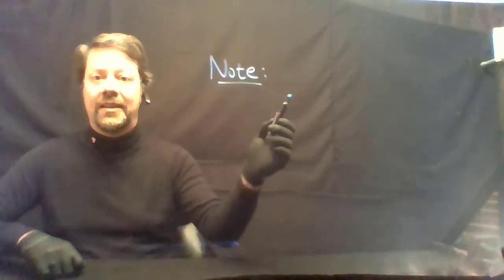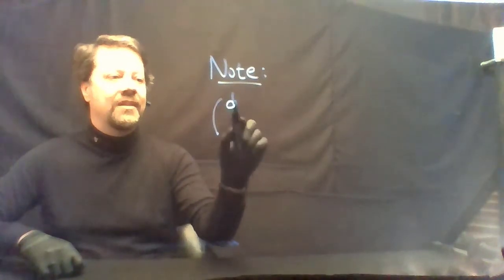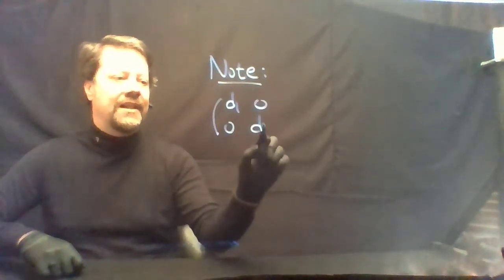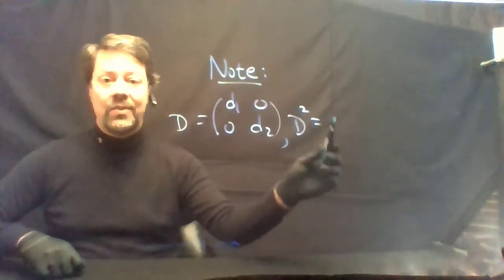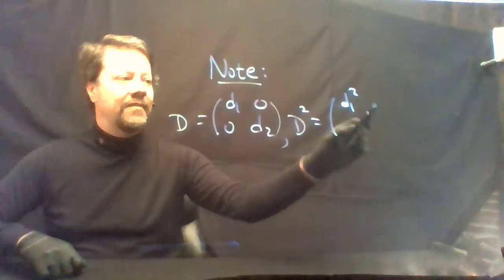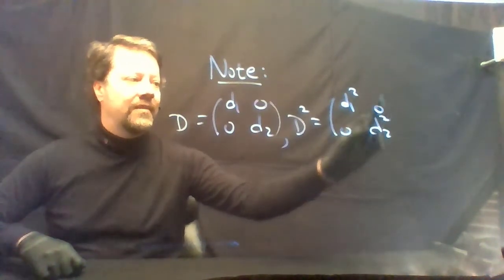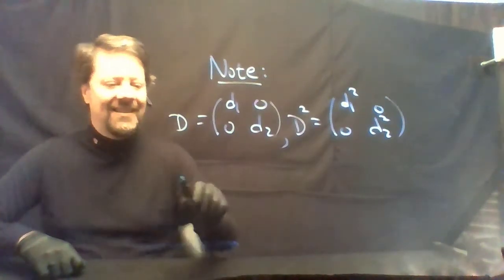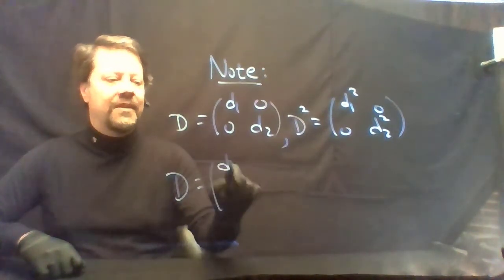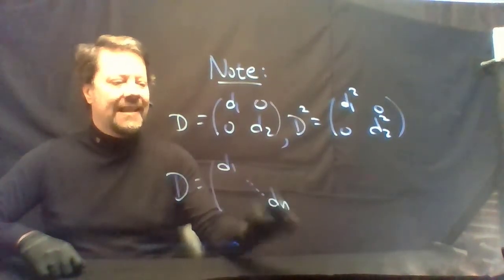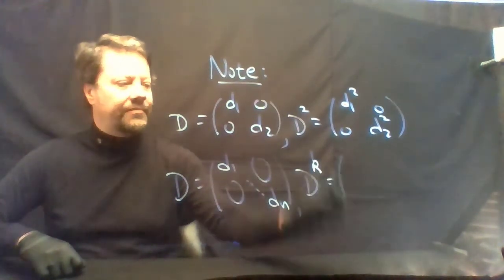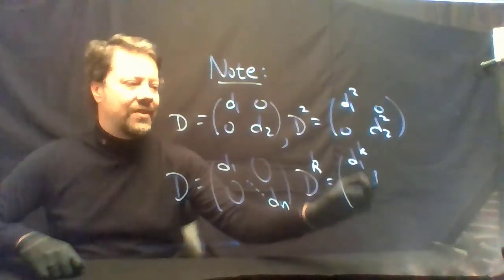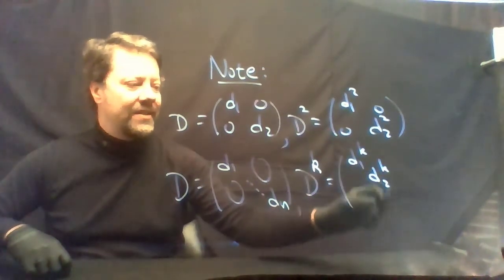A quick note on some simplified computations. If I have a matrix with D1, 0, 0, D2, then D squared is calculated very simply. You just square the diagonal elements. So if D is of the form D1 through Dn, zeros everywhere else, then D to the power of K is just the diagonals raised to that power,